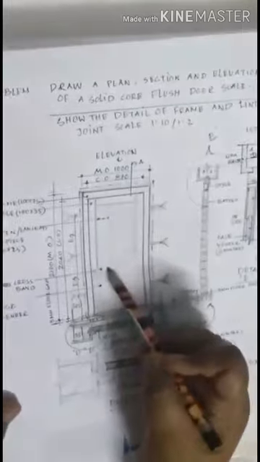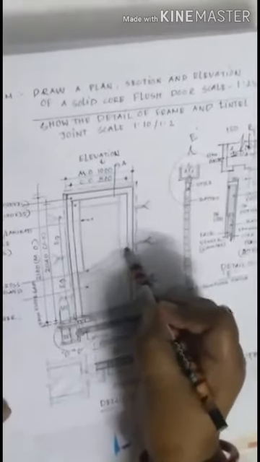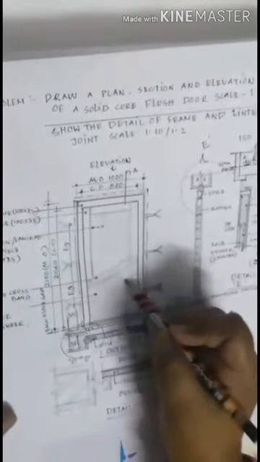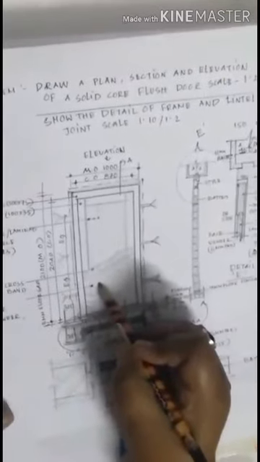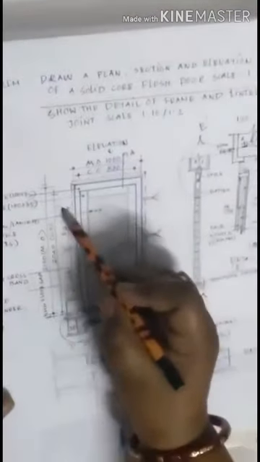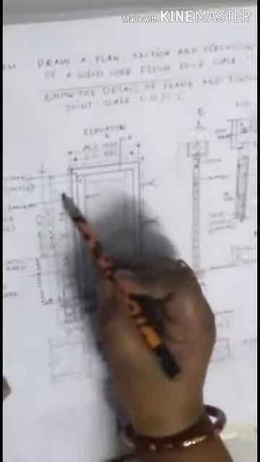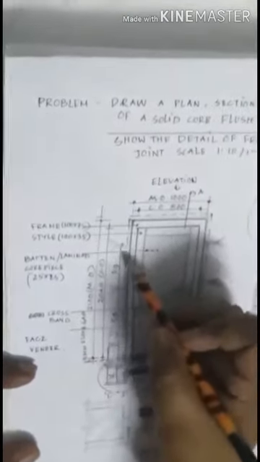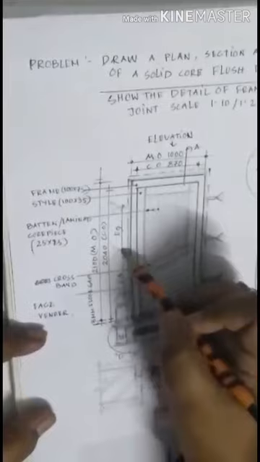thickness. Cross band. This cross band faces the veneer band, double layer or triple layer or plywood, 1, 2, 3, 4 plywood used for these purposes. And this is the face veneer. This is the hold fast, which joins the door frame with the brick wall. The hold fast is fixed from 300 above the floor level and 300 below the lintel, and then at equal distance in the middle.